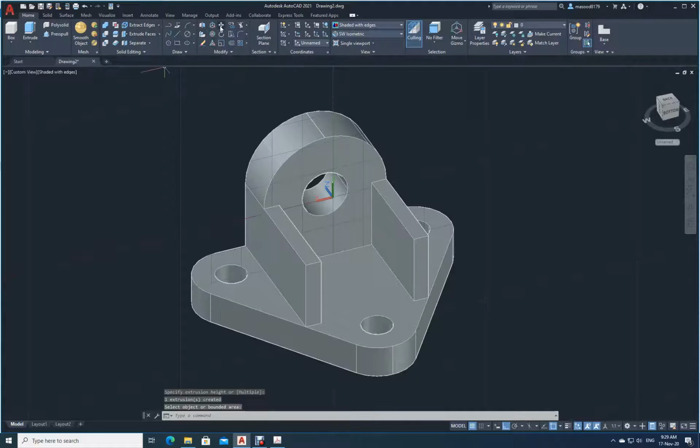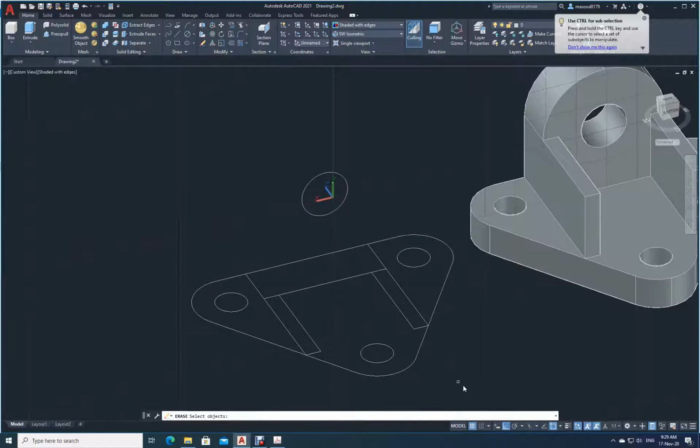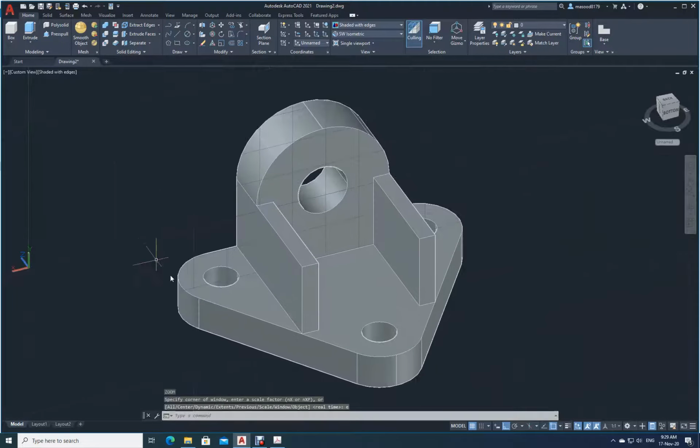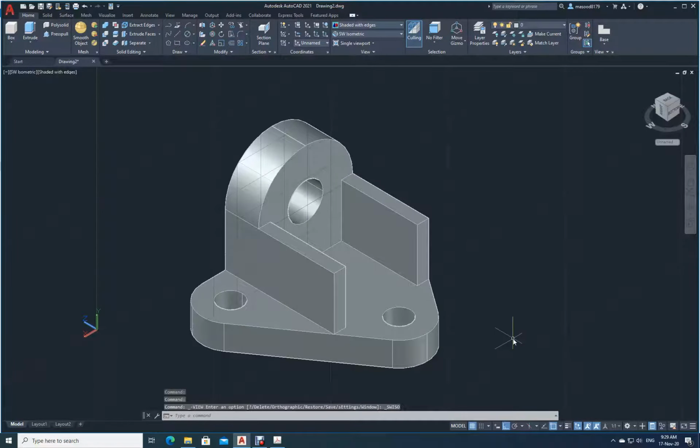First cancel this. Let me move out because in the bottom you have this stuff. So let us just get rid of all this. Now I will say Z enter, E enter. See, I am here. So what I will do now, I will just try to fix it properly. See, southwest view is there. Now I will try to extract the edges. Go click here. Sometimes on your screen you may be having copy edges. I will just say extract edges. I will select the object. Enter. So now you can see here it has extracted the edges.